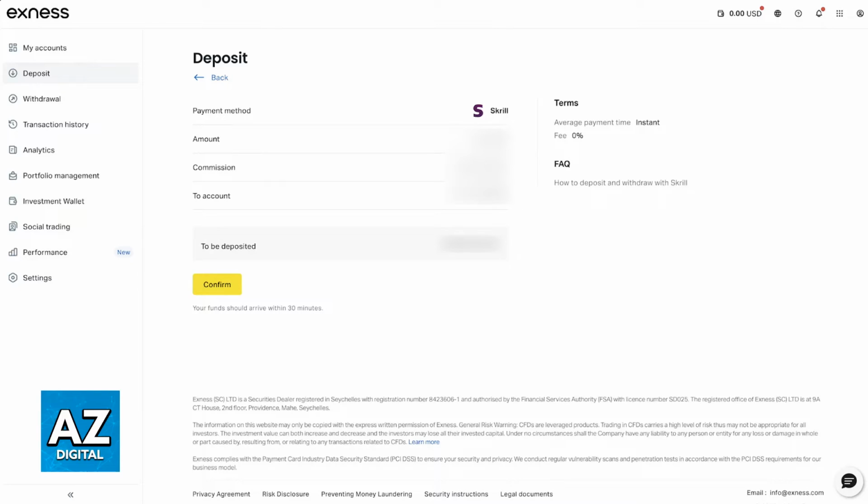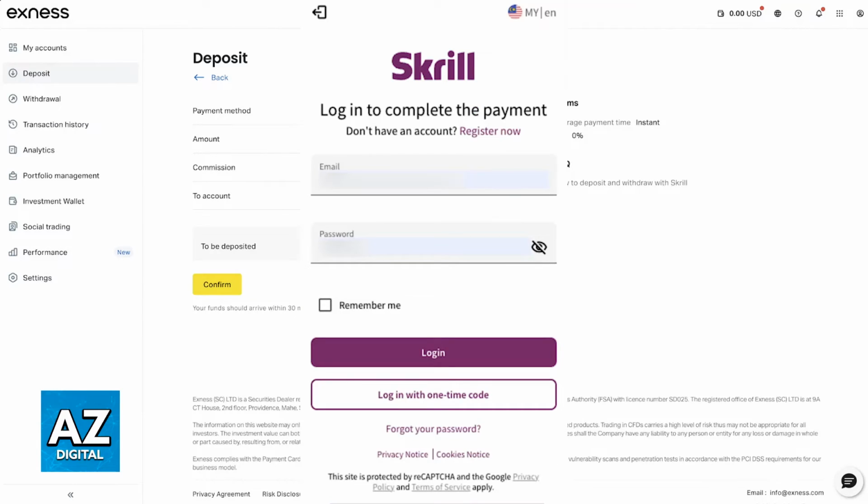If everything looks okay, choose Deposit at the bottom, and usually you will get the option to log in with your Skrill credentials, or you can confirm this transaction by going over to the mobile app. As long as you confirm this transaction on the Skrill web page by signing in with your credentials, or you go over to the mobile app, the deposit action is going to be complete and processing will begin, and you will receive your funds shortly.